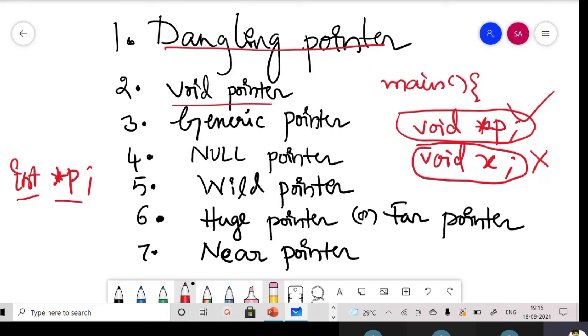Yes, sir. So the data type of your pointer is dependent on the data type of the variable whose address is going to be stored in your pointer. But there is a facility that you can declare your pointer as a void type, and when you are pointing it to a particular variable, you can typecast your pointer to the data type of that variable. Is that clear? Yes, sir. Clear, sir. Very good. So these are called void pointers, and the name generic.